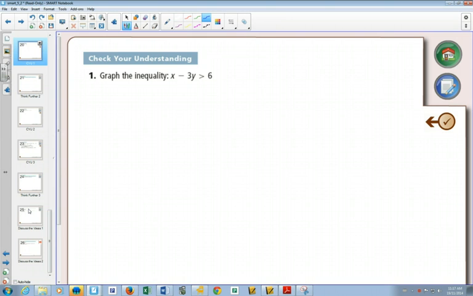Thank you. Okay, so here's our first example. If I want to change this to y equals mx plus b form, I'd have to subtract the x on both sides. So then I would get negative 3y is greater than negative x plus 6. And if I wanted to get the y by itself, I'd have to divide everything by 3. Now when I divide this side by